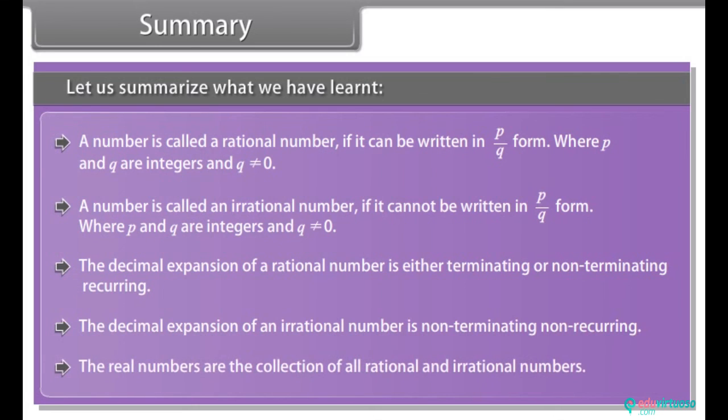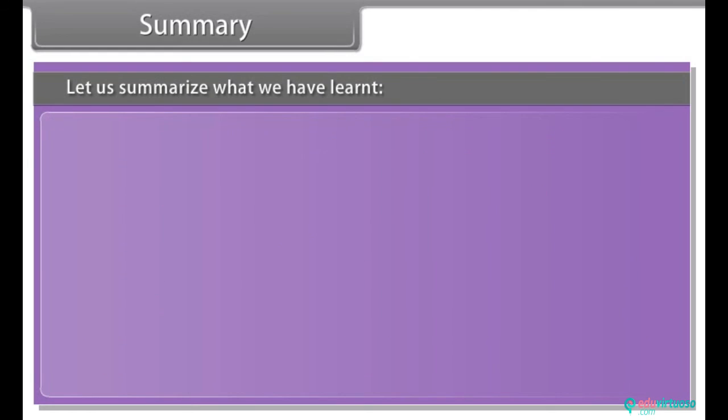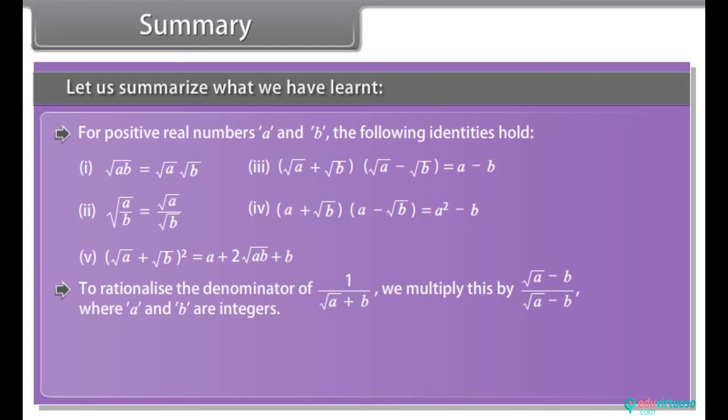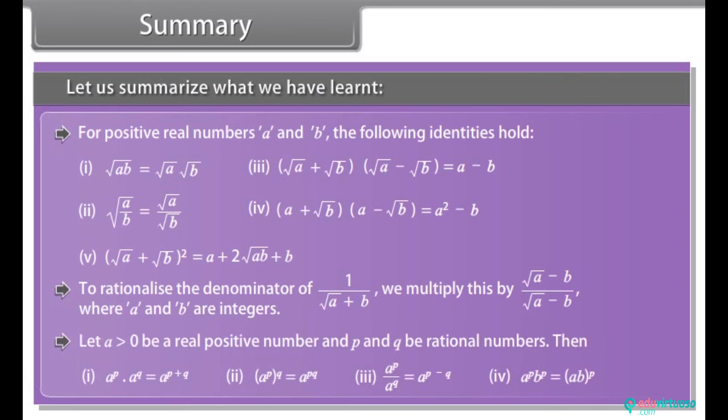The real numbers are the collection of all rational and irrational numbers. For positive real numbers a and b, the following identities hold. To rationalize a denominator of 1 upon root a plus b, we multiply this by root a minus b whole upon root a minus b, where a and b are integers. Let a be greater than 0, a real positive number, and p and q be rational numbers, then